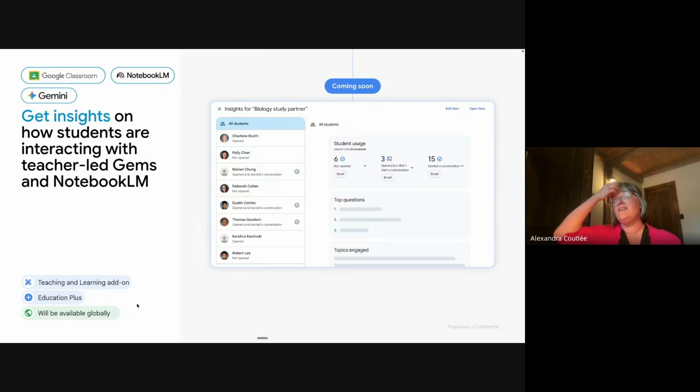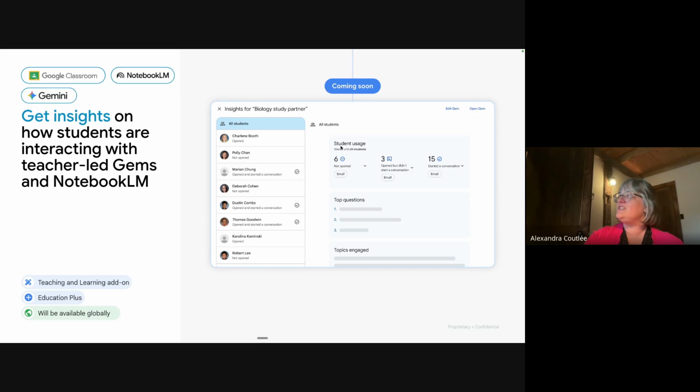Now, why was it an advantage as well to go through Google Classroom? Remember those analytics that tell you, okay, how many people actually viewed it? Well, if you go through Google Classroom, you'll get even more info. It is coming soon. I did get to see it in action in a school, and it was pretty neat. We tested it with students.